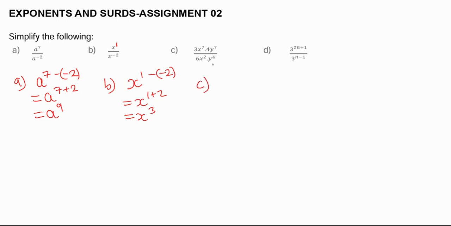Then c, you can start by multiplying the coefficients, but if you want, you can simplify, divide 6 by 3, and then get 2, then divide 4 by 2. Still the same thing, but you can say 4 times 3, which is 12, then x to the power 7, y to the power 7, over 6x squared, y to the power 4. And then 6 into 6, 1, 6 into 12, 2. So I'm left with 2